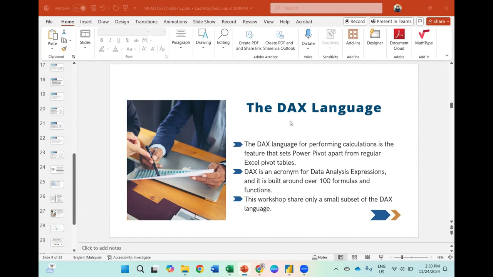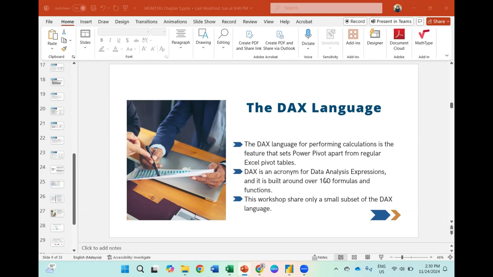This is additional: you can do calculations, which we refer to as the DAX language in business intelligence. You can do it either in Excel, Power BI or Tableau. I will show you how to do DAX on both platforms. DAX is to perform calculations, in the Excel data model, Power BI, Power Query, or Tableau. DAX refers to Data Analysis Expressions.